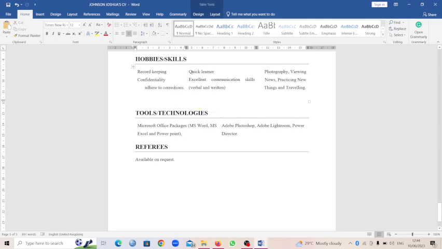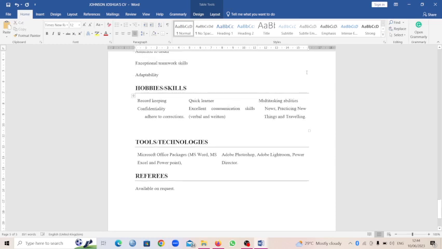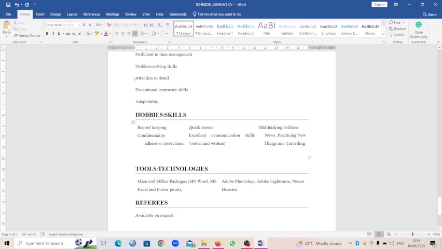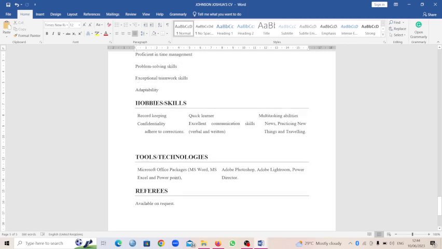Let me leave this, added to correction. Attention to details, very important. Exceptional teamwork.